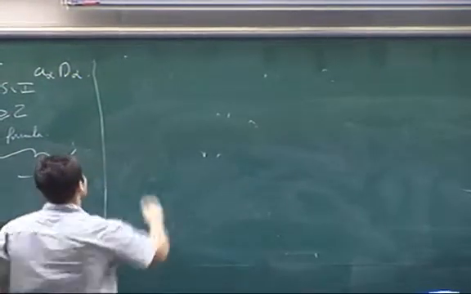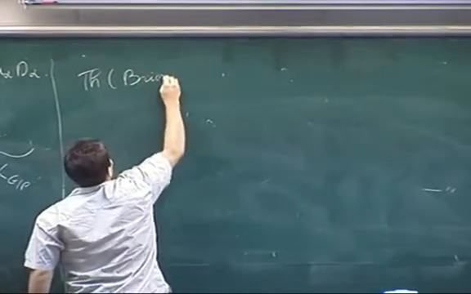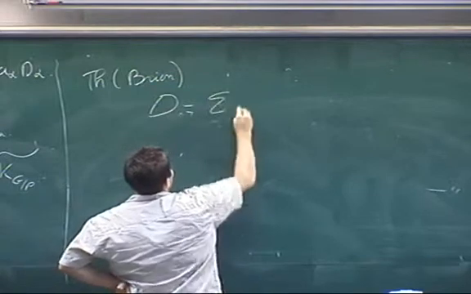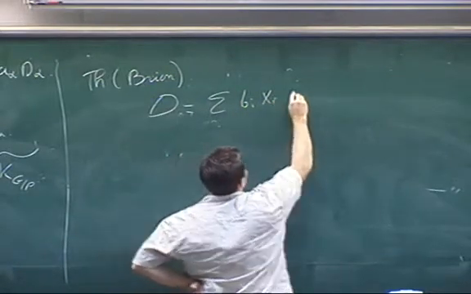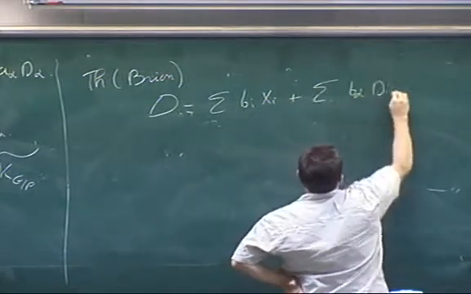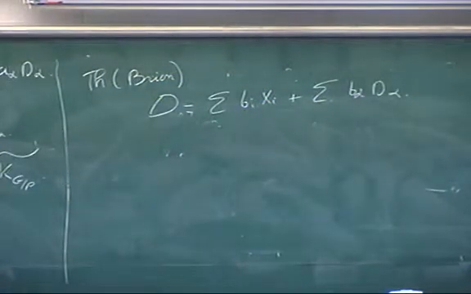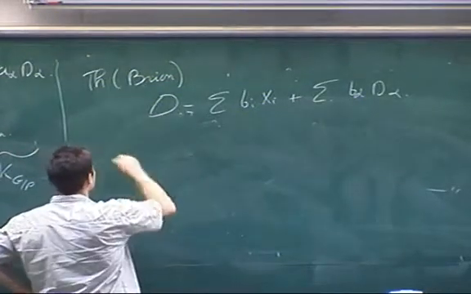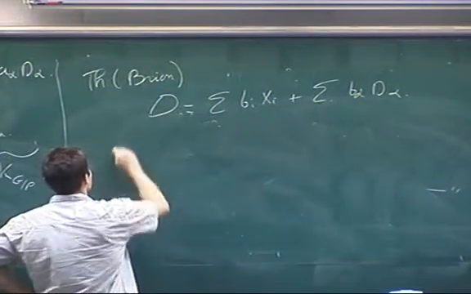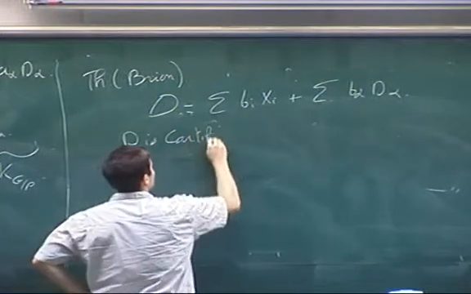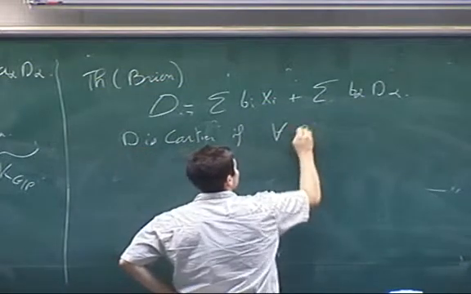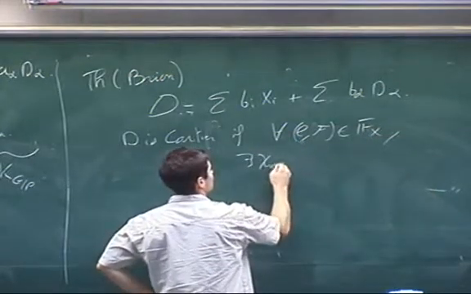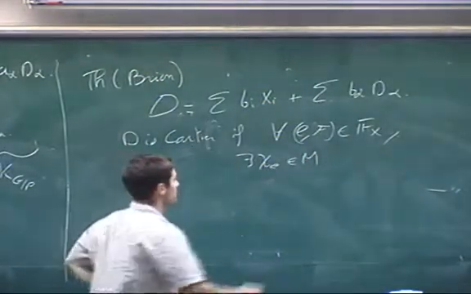So yes, another theorem of Michel Brion. So we take D equal to the sum of b_i x_i plus the sum of b_alpha D_alpha. So we take a divisor, and then we can tell if D is Cartier or not. So D is Cartier if for all colored cones in F_X, there exists an element of M such that